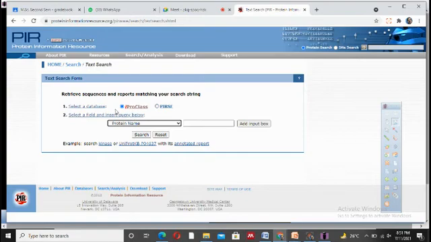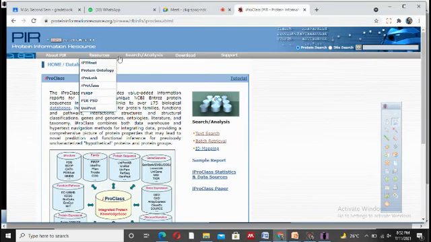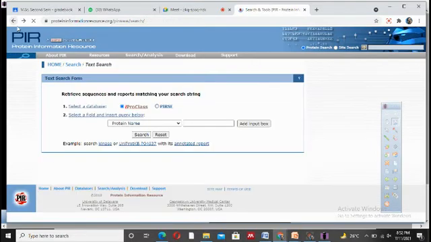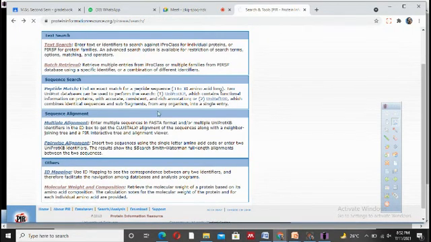Here you can select a database, iProClass or PIR. Here I am selecting iProClass. You can also select the PIRSF. So let's move back. In the text search,